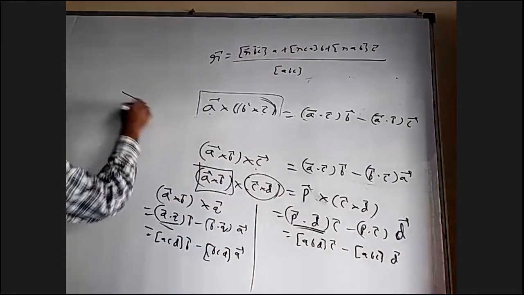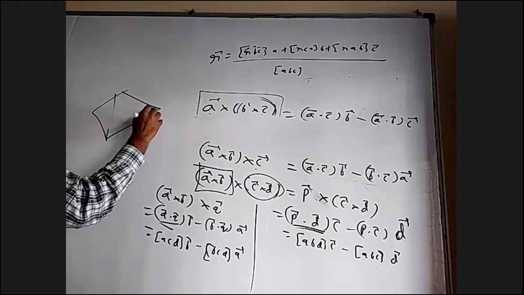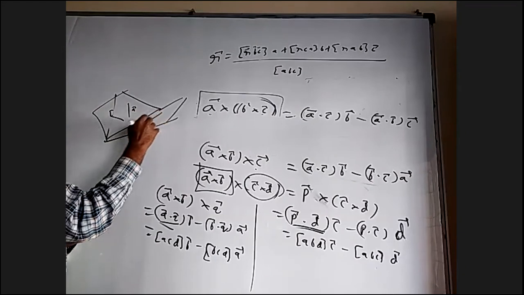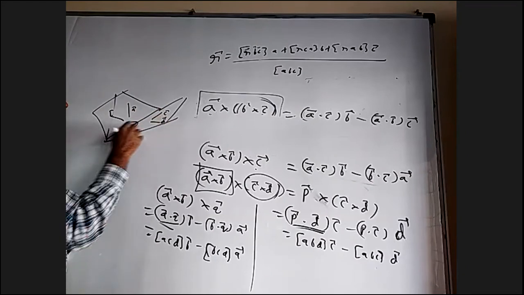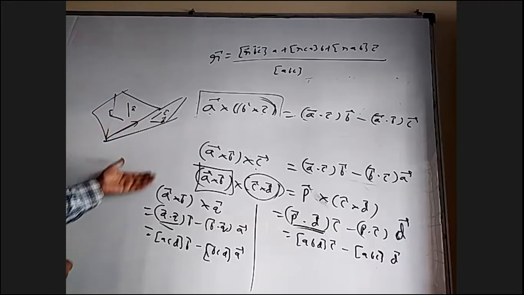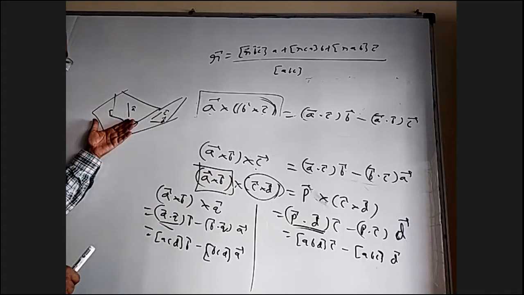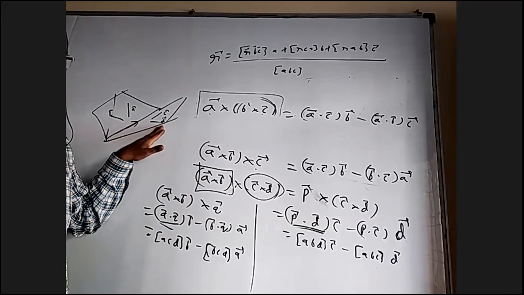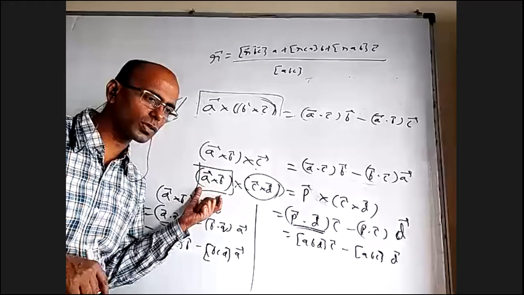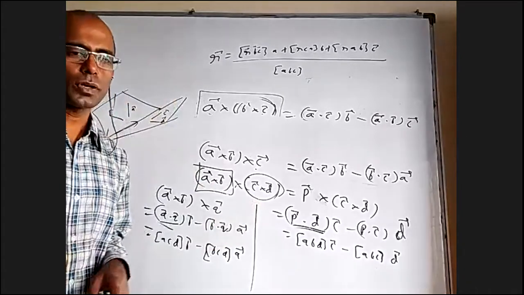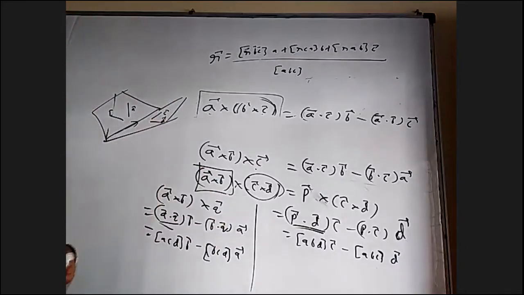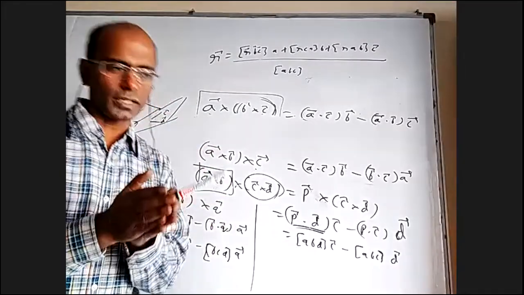What is that? Let us say I have two planes like this. This plane contains A and B. This plane contains C and D. I want this vector, which is in the plane of AB and also in the plane of CD. Anything in the plane of A and B should be perpendicular to A cross B, and anything in the plane of C and D should be perpendicular to C cross D. If you want something perpendicular to A cross B and also C cross D, it should be perpendicular to both, meaning their cross product: A cross B cross C cross D, which is this. So this basically represents the common vector of two planes.